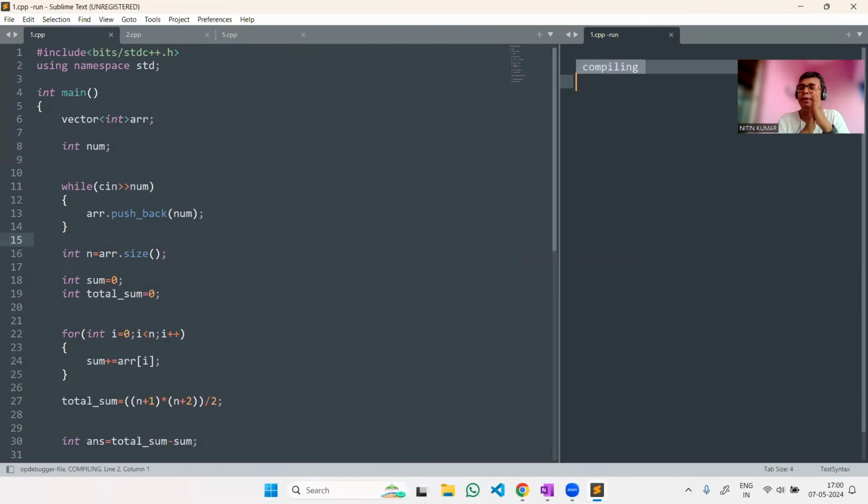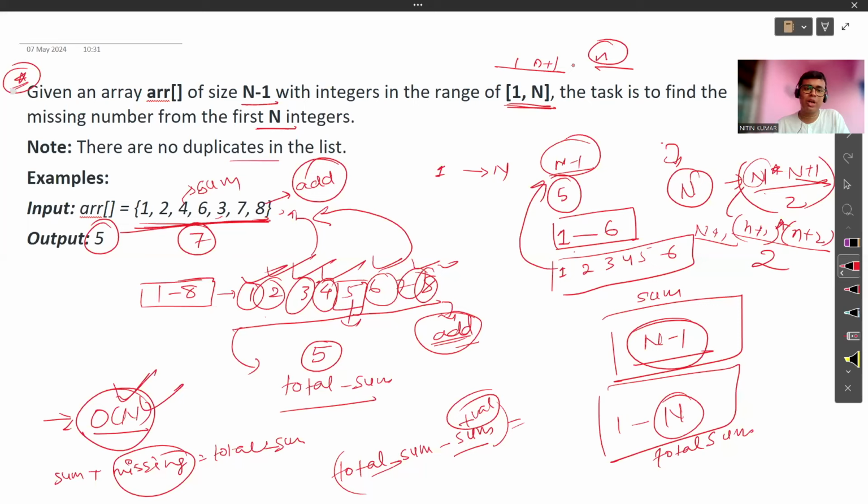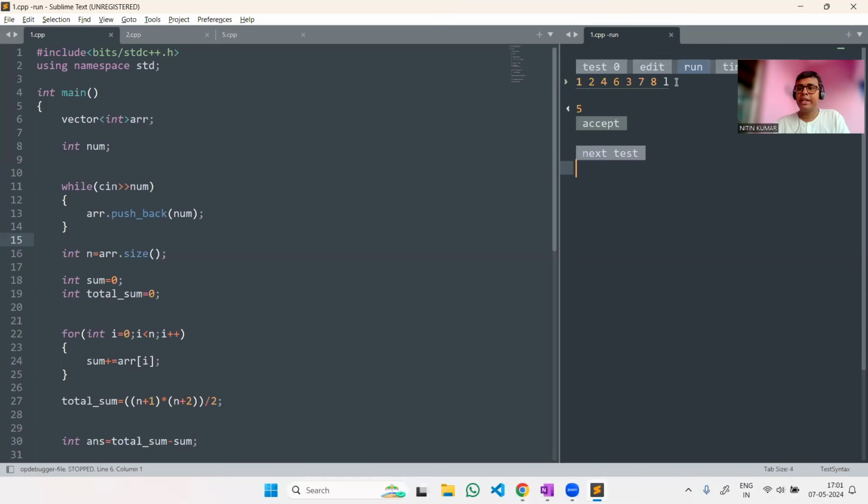So let me run this. You can see I have already taken the input, and for the input provided to us in the question itself, our answer is coming as 5, which is the correct answer. Now, if you are worried about what the value after this 8 is,